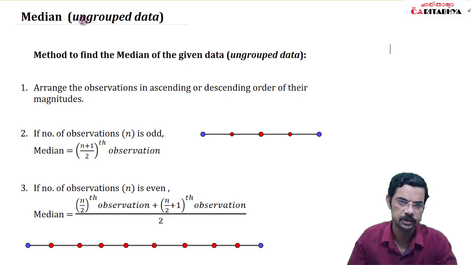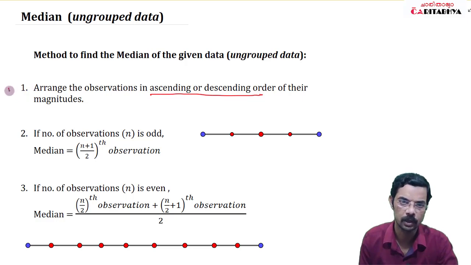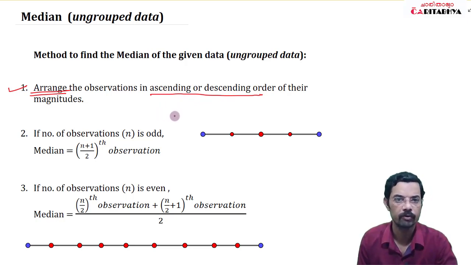First process, as we discussed earlier, is that arrangement. If it is ungrouped, the list of values will be arranged either in an ascending or descending order. First step is to arrange them in ascending or descending order of their magnitudes. Second step is to check whether the number of observations are odd or even. If it is odd,